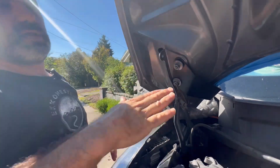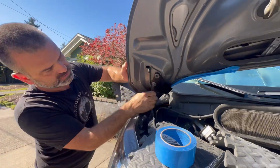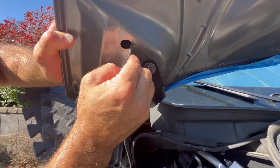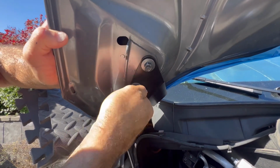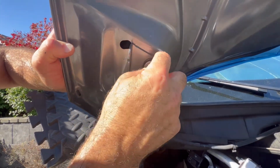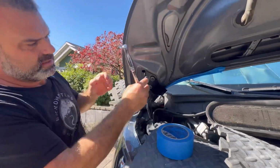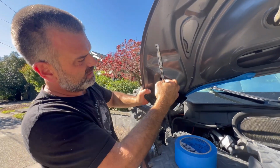Now, again, we have vertical and horizontal movement on the hood. So it's important that I take this bracket and realign it with where my markings and scribes are. So I'm just going to start with hand tightening as best I can, and I'll continue to move that back into the traced line. And then I'm going to go ahead and reposition the bracket and the hood,